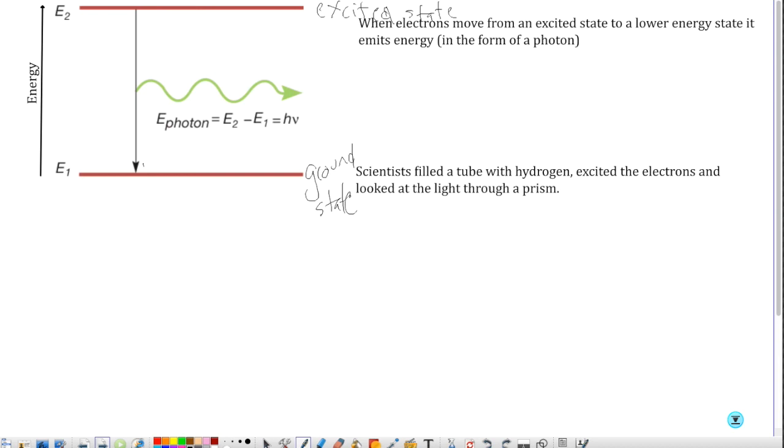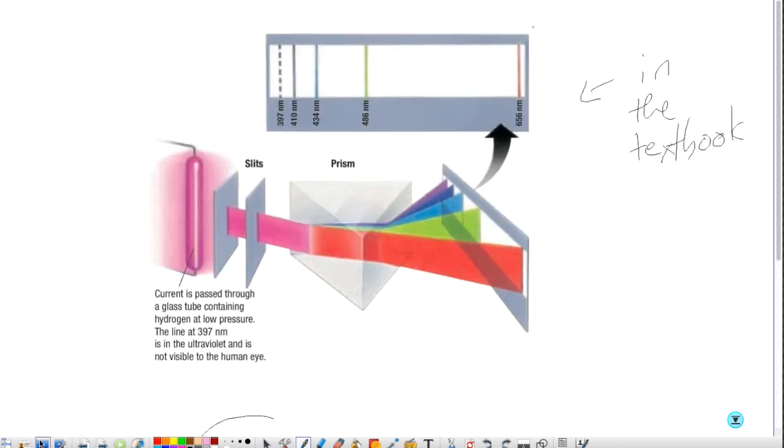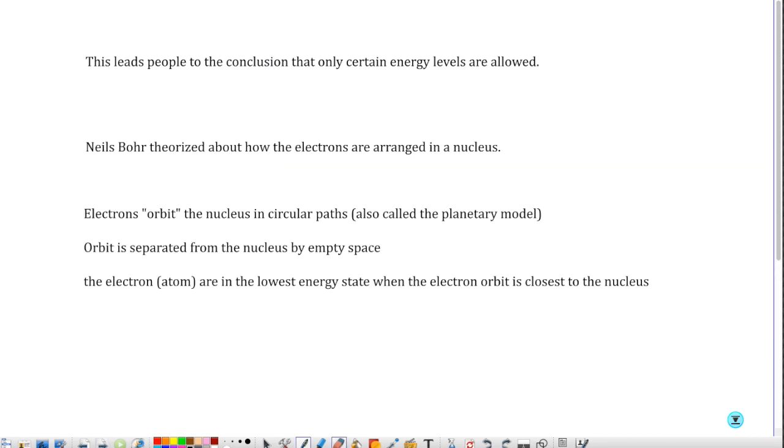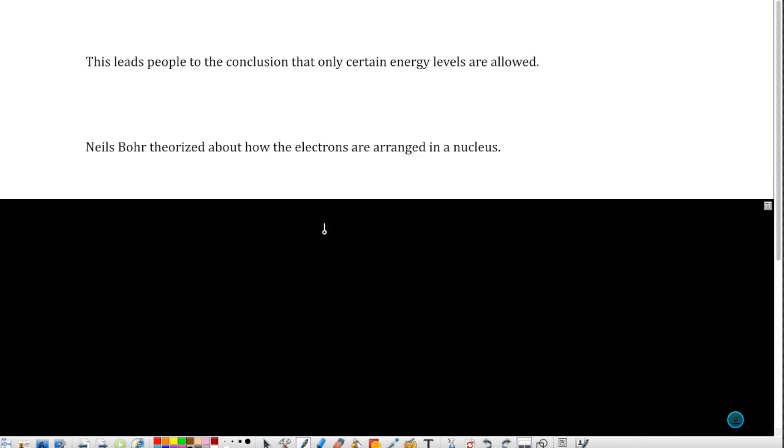So the fact that I only get certain bands means that there are only certain transitions allowed, certain energy levels allowed. Okay? So Niels Bohr took this and theorized about how the electrons are arranged